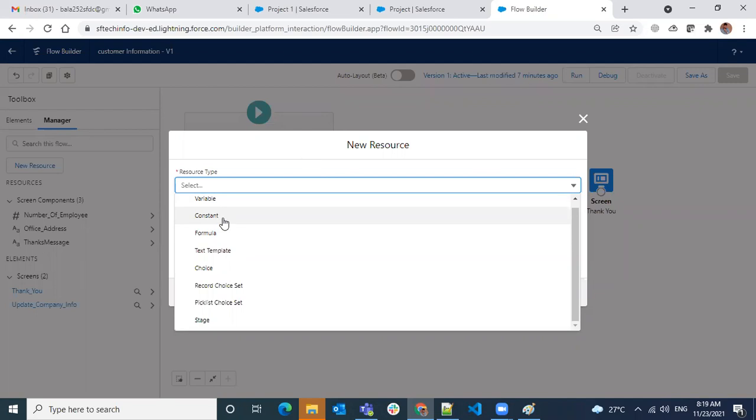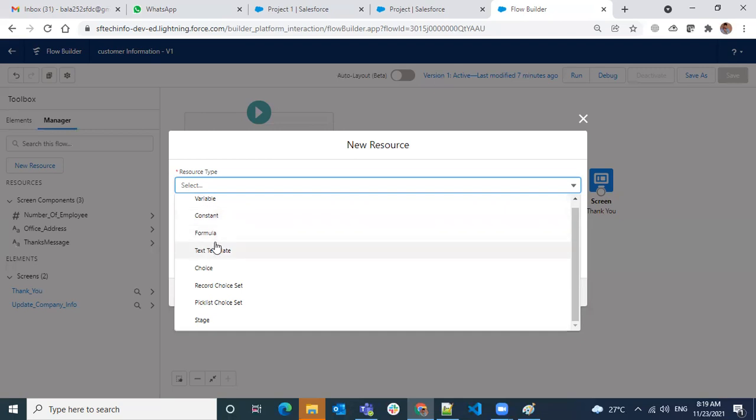And a constant means it will also do the same, but we're going to use a fixed value across our flow and we're not going to change the value of it. Even though you can use a variable also, if you want to differentiate which you're always going to refer to and not make any changes to, that's going to be your constant.